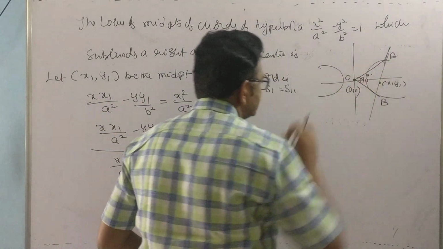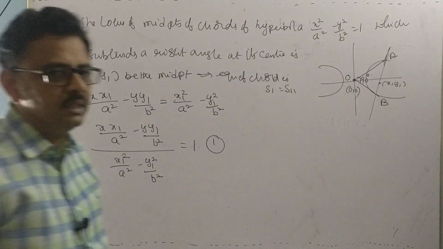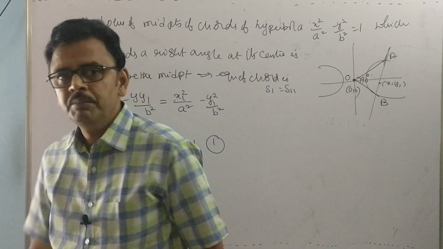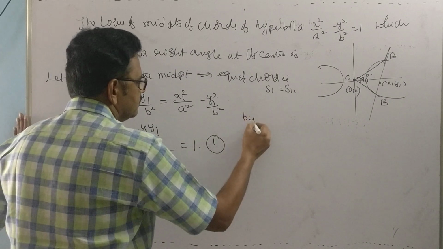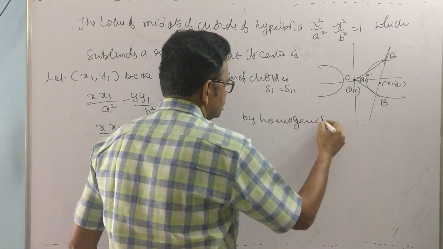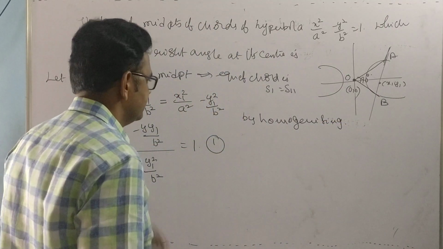this chord makes an angle 90 degrees at its center. Center means the center of the hyperbola, which is 0, 0. So by homogenizing the hyperbola equation with the help of this straight line equation,